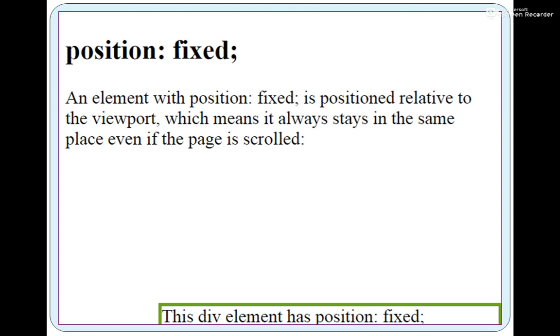It has not left its place. What was assigned to it? From bottom there should be 0 pixels and from right there should be 0 pixels, meaning it has to be placed at the rightmost bottom corner of the web page. That is why it has not changed its place. Why? Because it is a fixed type of positioning. I hope you are understanding.